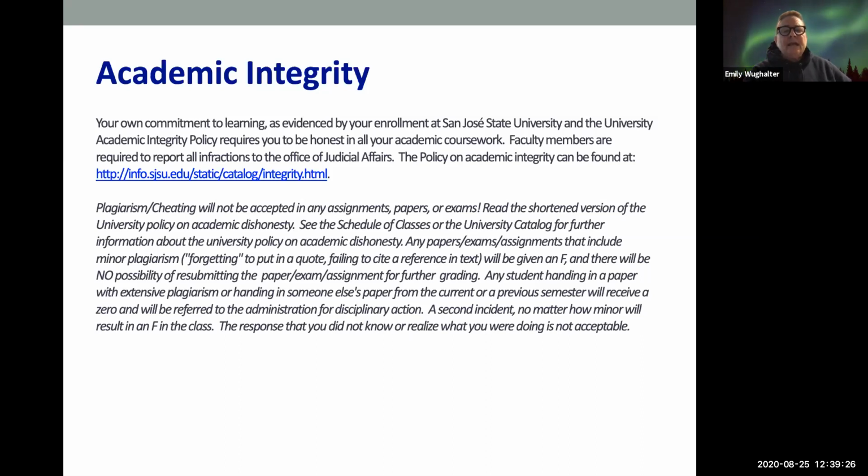It is really easy for us to pick it up when a paper is bought offline, or if you try to use a paper that's been used before. I will be using Turnitin.com. And certainly I know what an undergraduate student writing looks like. So it's recognizable. I don't think that any of you would steal a car off the street. Why is it not the same thing to steal a person's ideas or thoughts? Think about that.